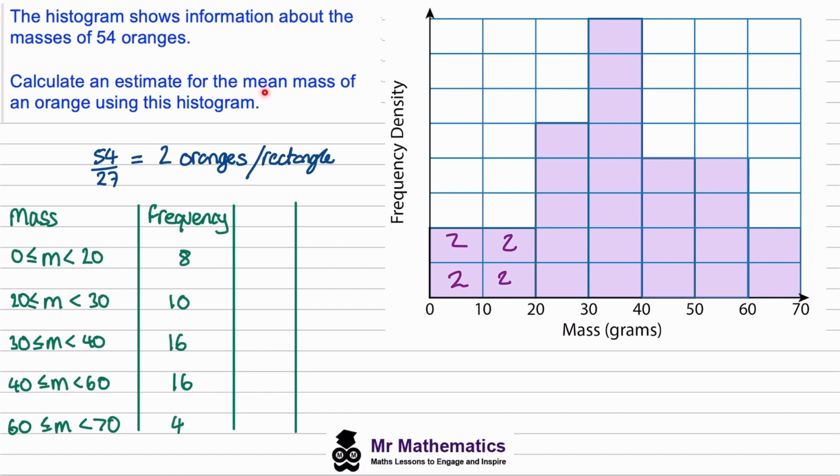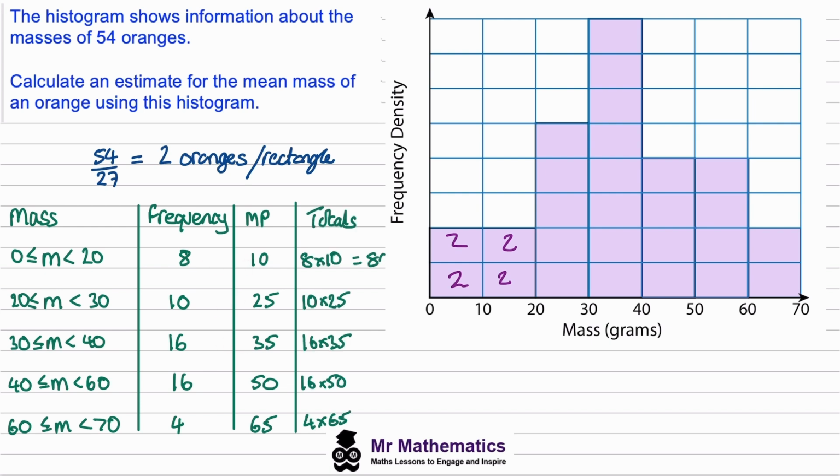Now to work out the mean, we need to work out the midpoint, and this is the middle of each bar. And halfway between 0 to 20 is 10. Between 20 and 30, 25. Then we'll have 35, 50, and 65. Now to work out our totals, we'll multiply the frequency by the midpoint for each of these rows. So we'll have 80, 250, 560, 800,